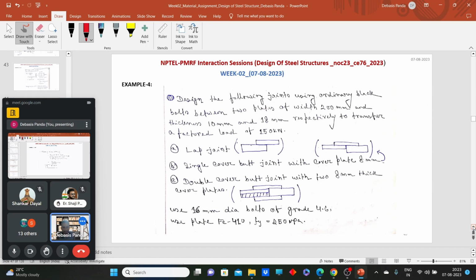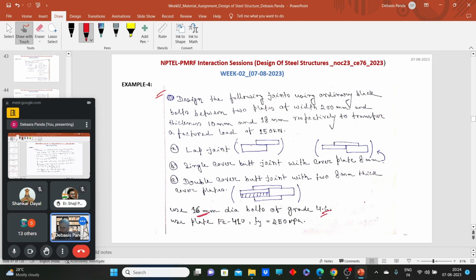Now come to the design part. Up to this, what we have learned is how to calculate the strength and efficiency when one section or design is given. Now say you just have a load, the grade of bolt, and the dia of bolt, and you need to design that connection. For these examples, you have to design a lap joint, a single cover butt joint, a double cover butt joint using 16 mm dia bolts and